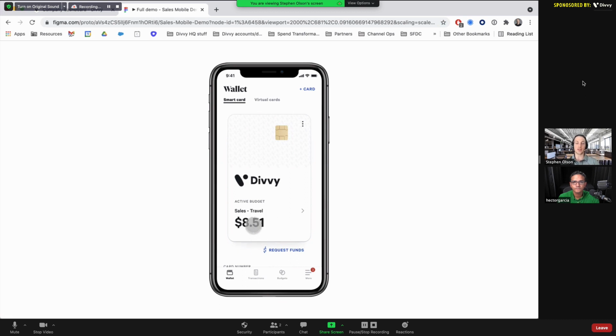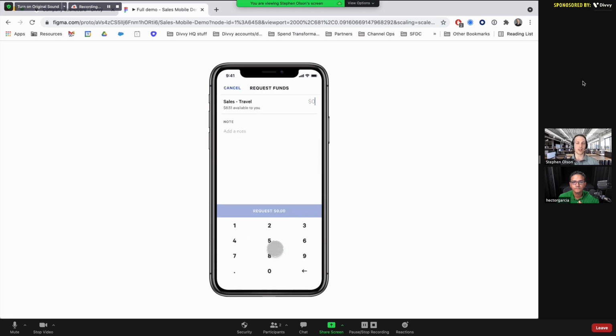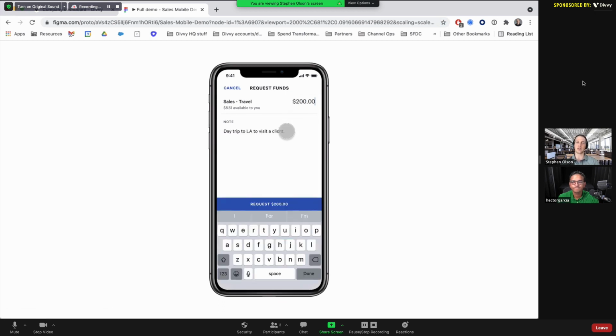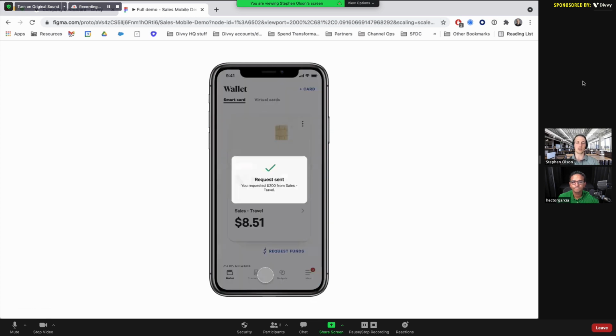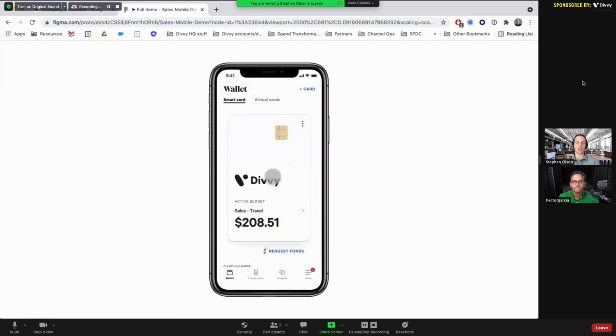But if I ever need more, I can request that instantly from my manager. Forbes has called us the Venmo for business. That's sort of accurate here in the sense that we're requesting funds, but really we're requesting the approval from our manager. So I can come in and say, hey, I need some extra money on my card to go do this. That approval gets sent to my manager. As soon as they hit approved, I now have the allocated amount to go spend what I need to get